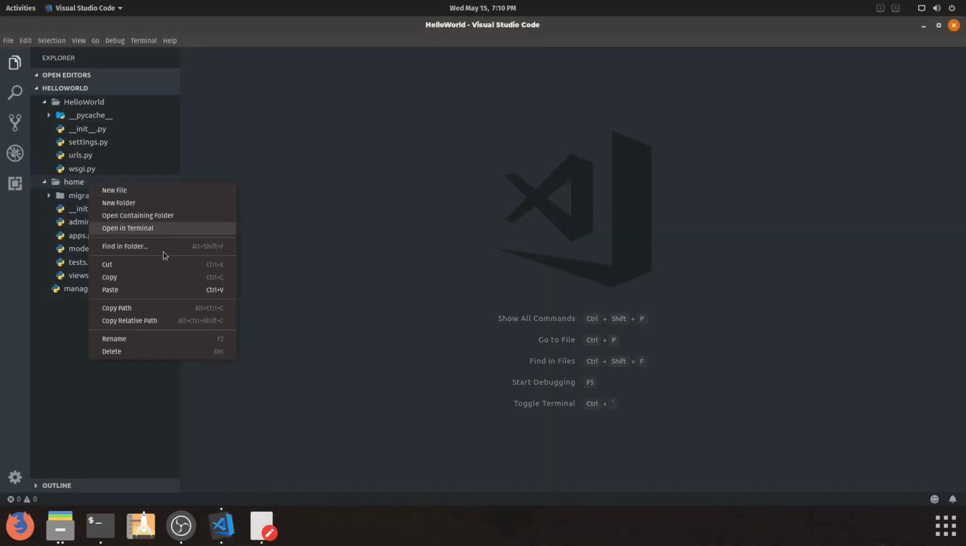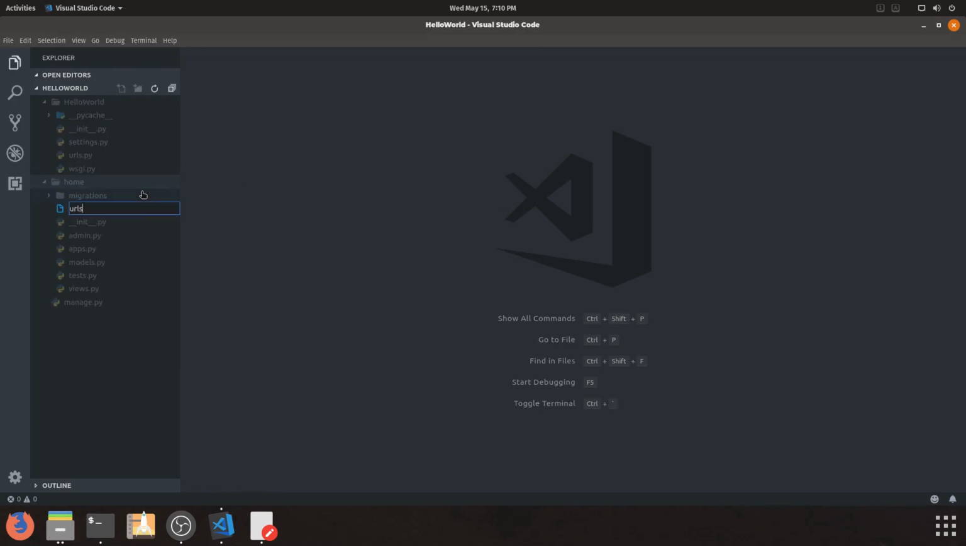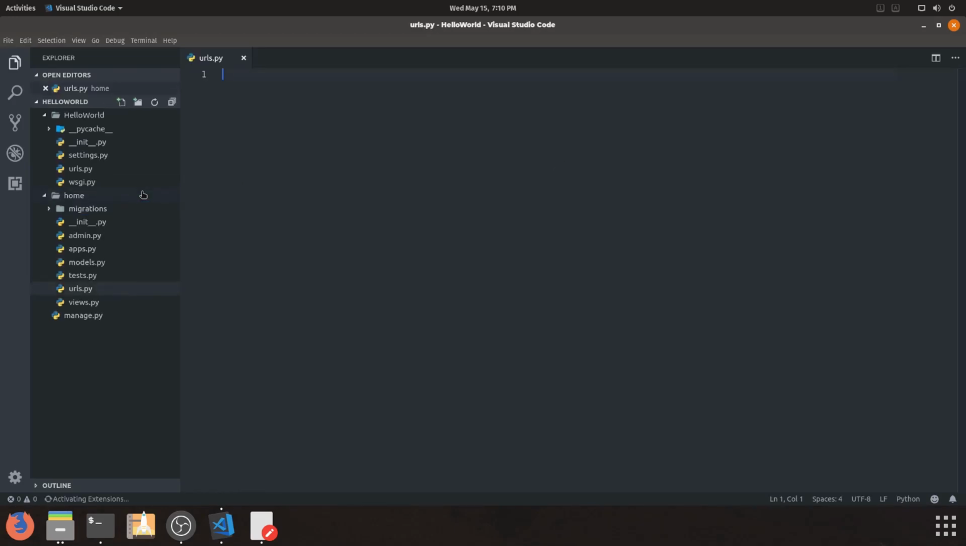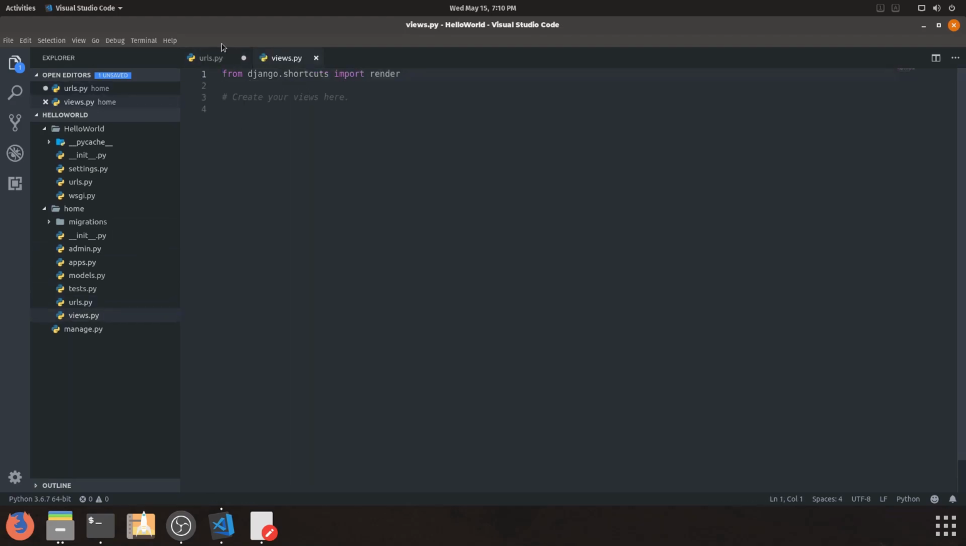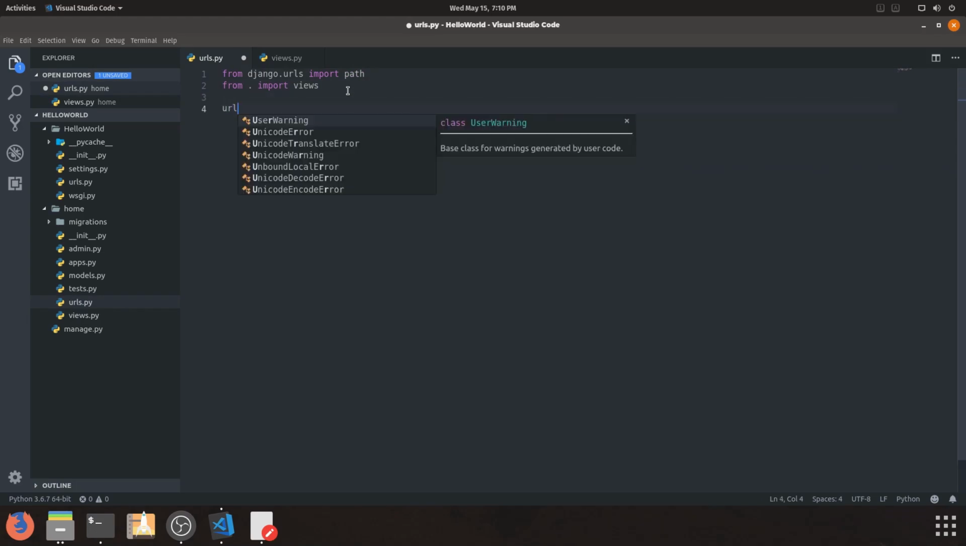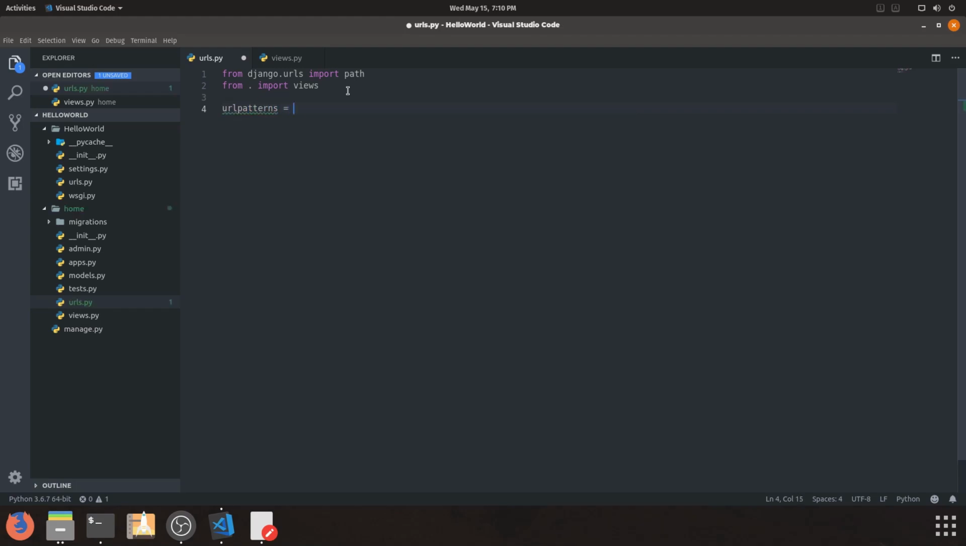you first off need to make a urls.py in here, and you're going to paste these two. These are basically importing views, the file where we're gonna do some stuff later, and then we're going to say urlpatterns equals an array,